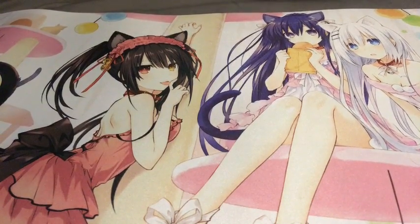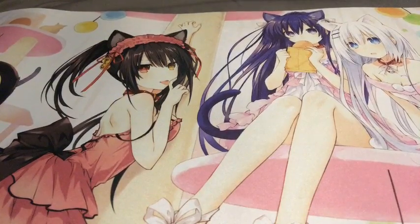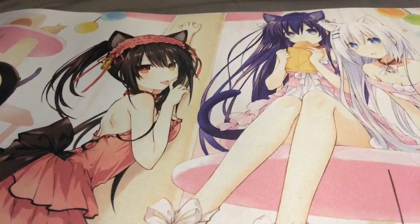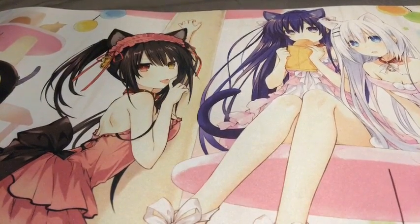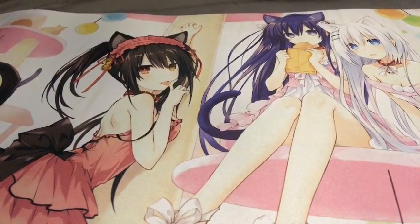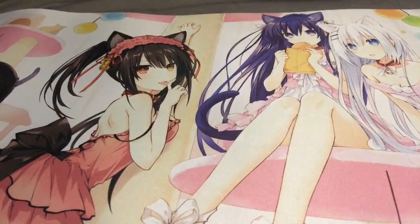I also have some new Vanguard cards for a new Vanguard deck I'm working on, as well as some cool new Magic cards we got from Dominaria and a few other sets for my Kaalia deck, and of course my new comics. But first off, guys, as you can see,